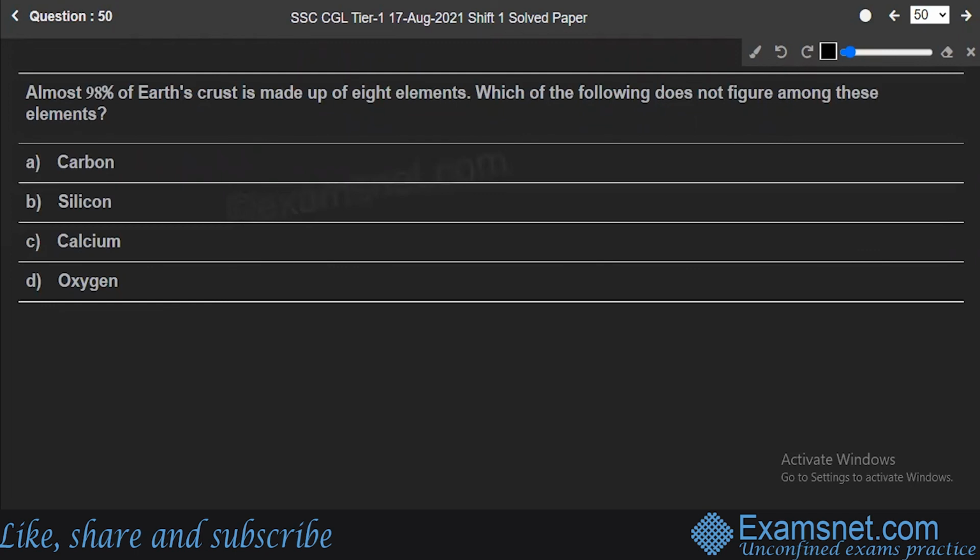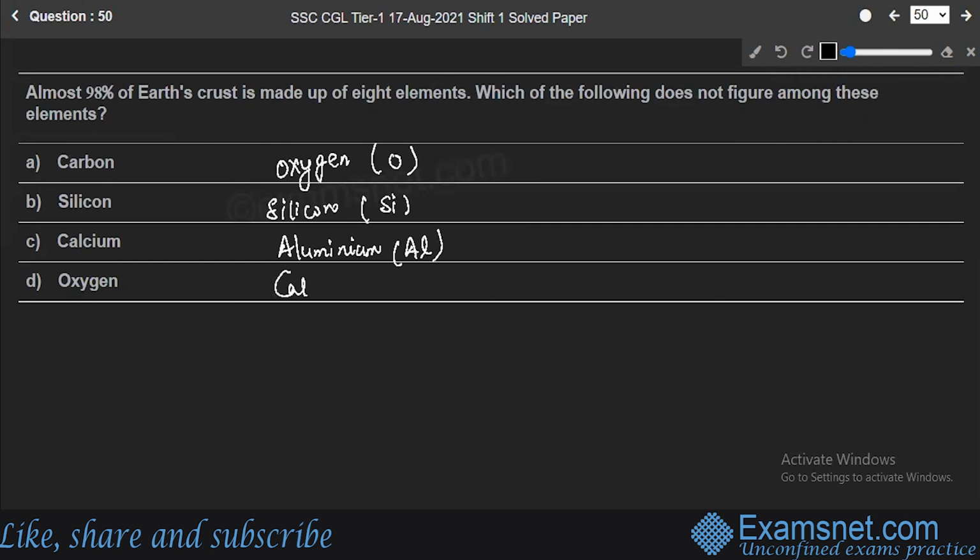Almost 98% of Earth's crust is made up of 8 elements. Which of the following does not figure among these elements? Is it carbon or silicon or calcium or oxygen? The crust is the outermost layer of Earth. The eight most abundant elements in the Earth's crust are, let's name, oxygen, silicon, aluminium. Let's write the chemical names also. This is oxygen and this one is silicon,